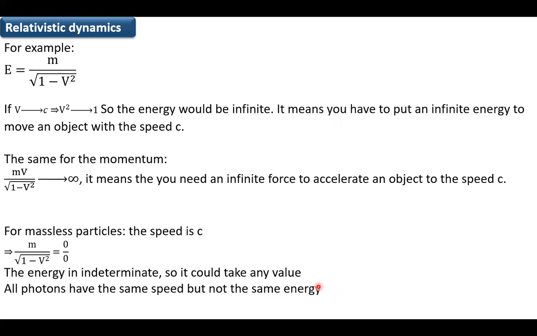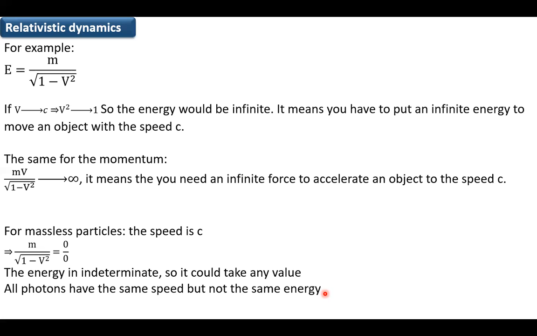You know that photons, if you take the visible spectrum from red to violet, for example, a red photon and a violet photon, they both have the same speed in vacuum, which is c. But the energy of the red photon is less than the energy of the violet photon. Okay, so the violet photon has more energy, has a shorter wavelength, has more frequency. You know that. They have different energies, but the same speed,